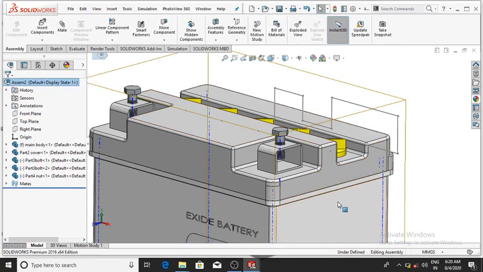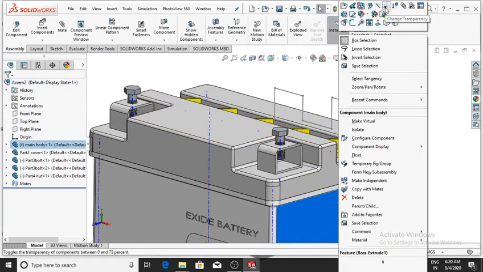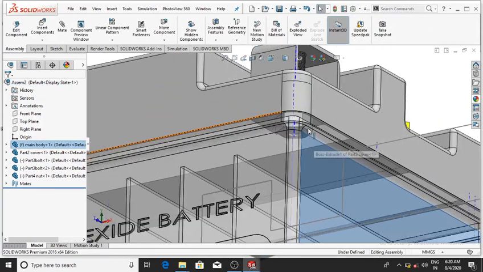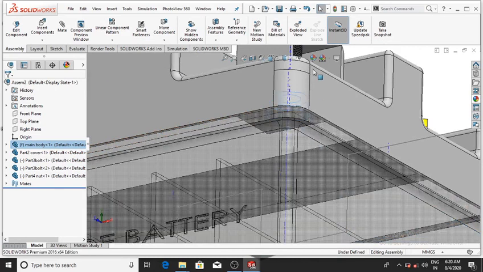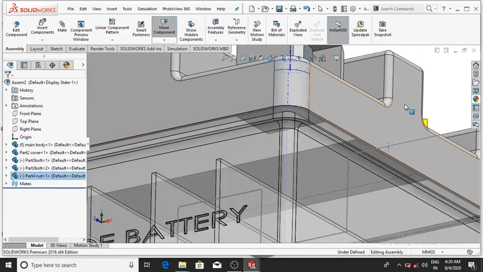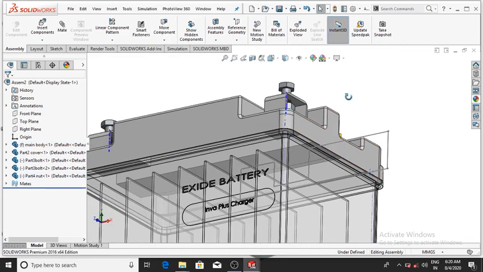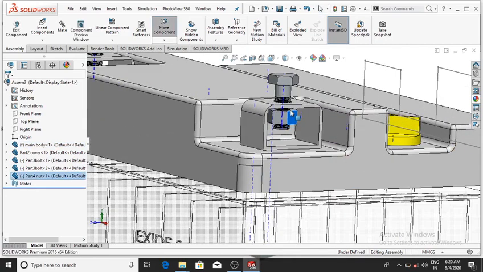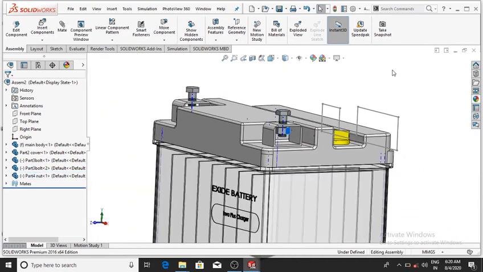Now we make this body transparent, so select transparency and select this nut and drag it up to this body, so it will move, and select up to this, then OK.